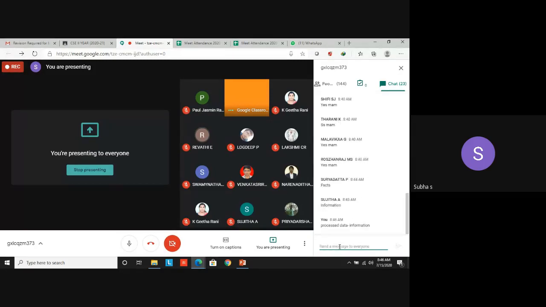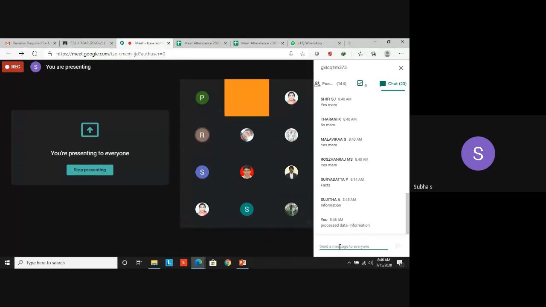Processed data is called information. Because I have some numbers, 1, 2, 3, 29, 56, randomly, I have different numbers. That is data only as of now. With that data, what am I going to do? I am going to find the square root of 24, do multiplication for 3 numbers, or find the factorial of any number. So I am going to process that particular data. That is called information.